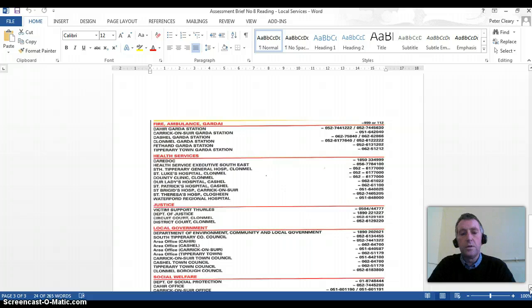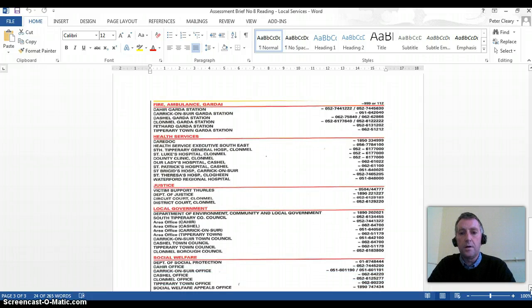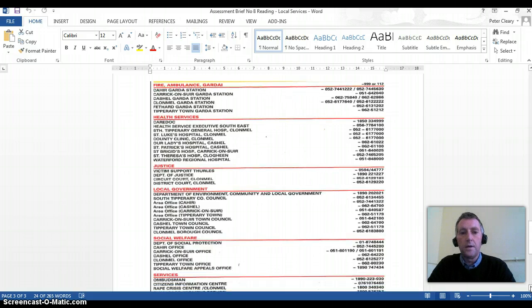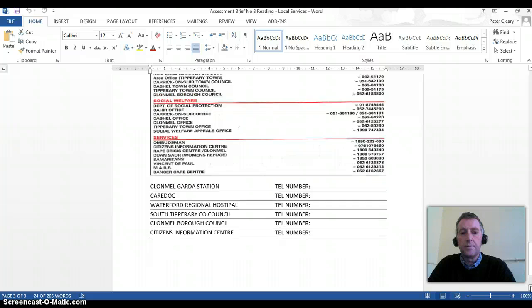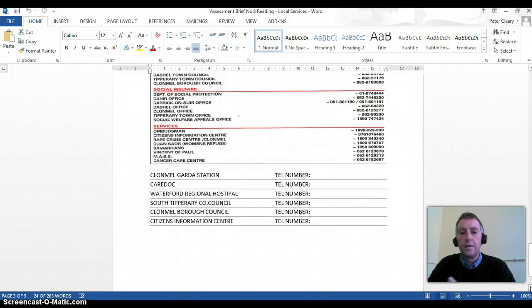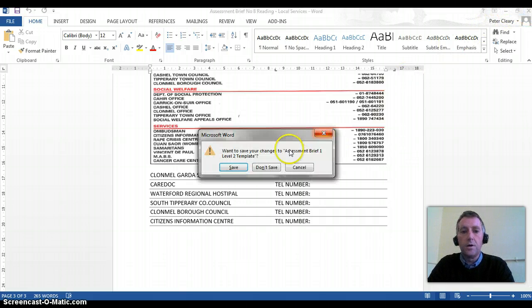So these are local services and the numbers associated with them. Copy this off a flyer that came around to houses recently from a local politician, which gives all the local services and their numbers, and then the student fills in the blanks here. So they look at the service up here and they fill in the blanks here. So this is a reading activity. It's also a writing activity because they have to write in the number. So that's for learning outcome